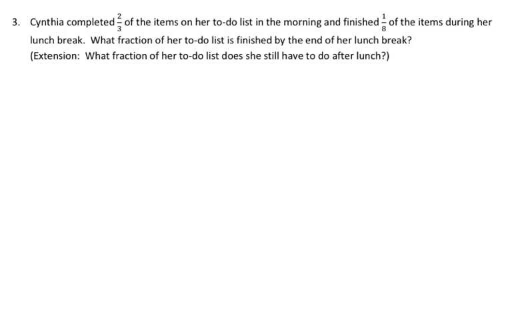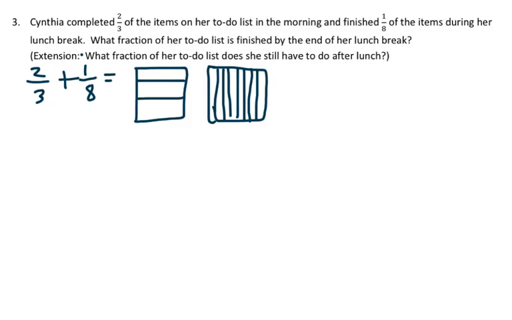And so she did 2/3 of her to-do list in the morning, and then she finished 1/8 of the items during her lunch break. Then our problem is 2/3 plus 1/8. So again, I'm going to show this using our rectangles. So in my first rectangle right here, I'm going to shade in 2/3 of that. So here's 1, here's 2 sections. Then in the rectangle next to it, I have it partitioned into 8s, and just one of these sections would be 1/8. So I'm going to draw these same rectangles underneath, and